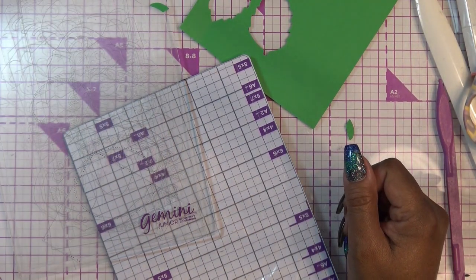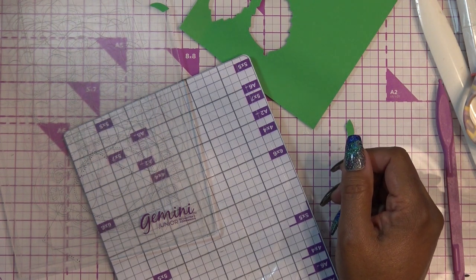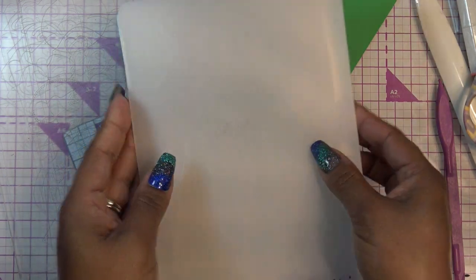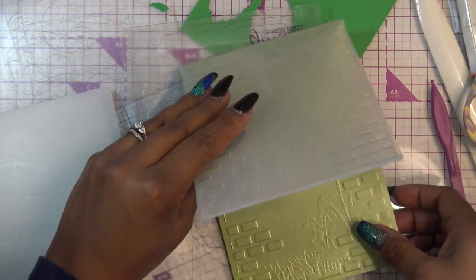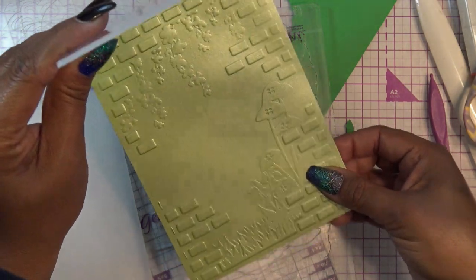And that's going. So you kind of have to play with it. I still haven't figured out this Gemini Junior that I have. Every machine's slightly different depending on how it got calibrated. So we'll see if this is good enough. That is much better. And for now, I'm going to say that's good enough, but it should be a little